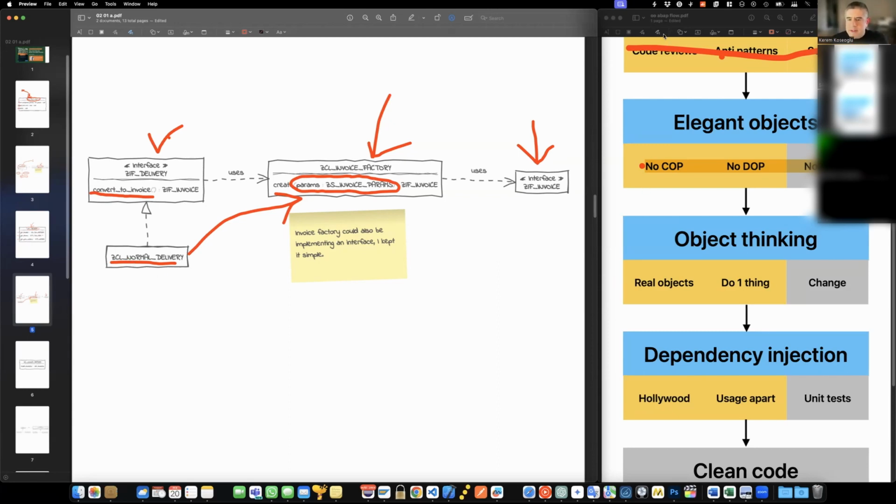So here we basically say we don't want to be reliant on data structures. We would rather not ask classes for their data. Instead, we tell classes to do the work for us.